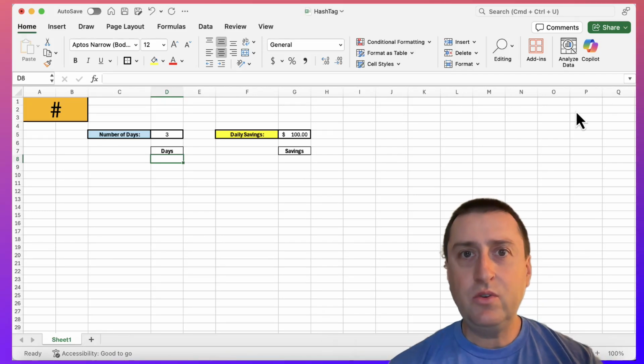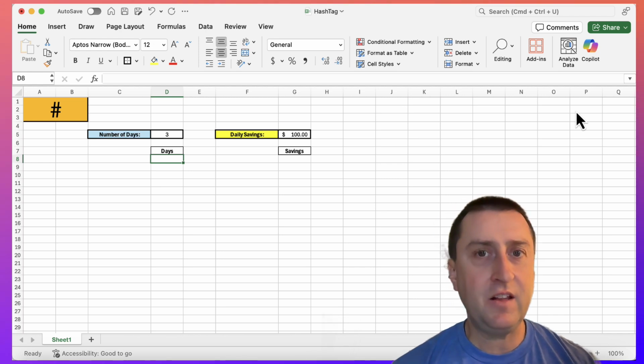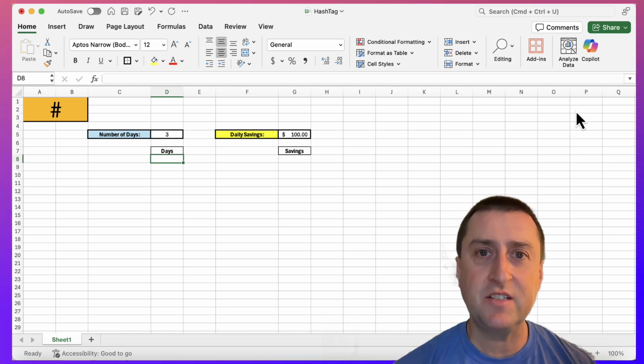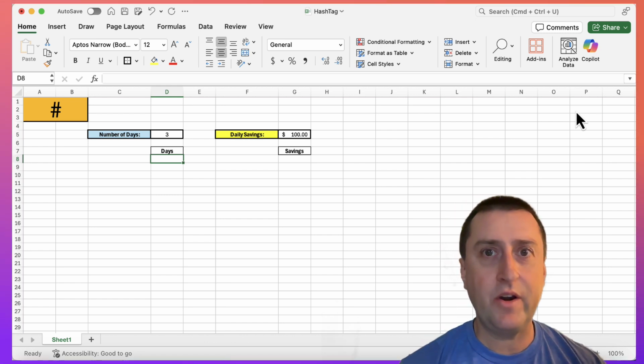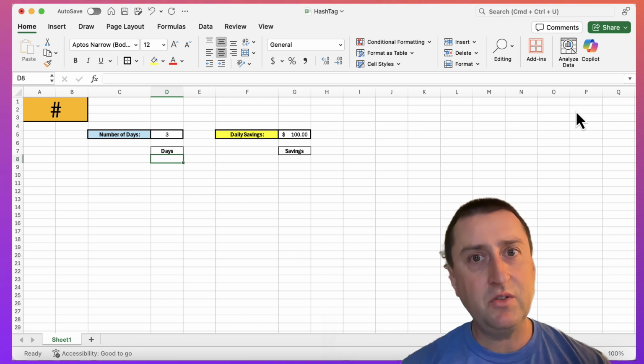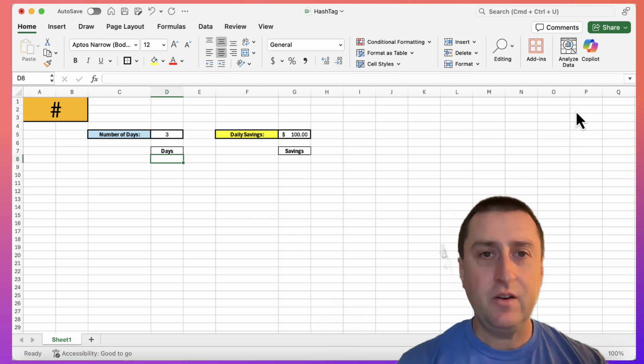I just wanted to go over and cover how you can use the hashtag symbol in your formulas in Excel. I think a lot of us are aware of the $ and how we can use that for absolute references, but not a lot of us are aware of the hashtag. So the hashtag is something you can use in your formulas that will allow you to utilize functions that use